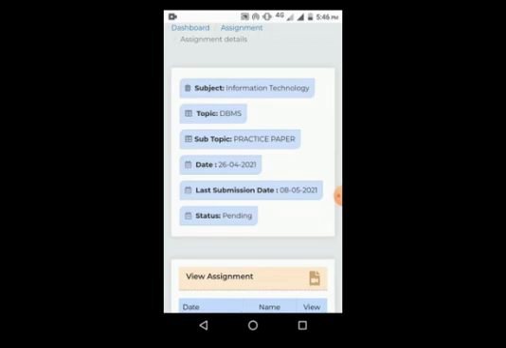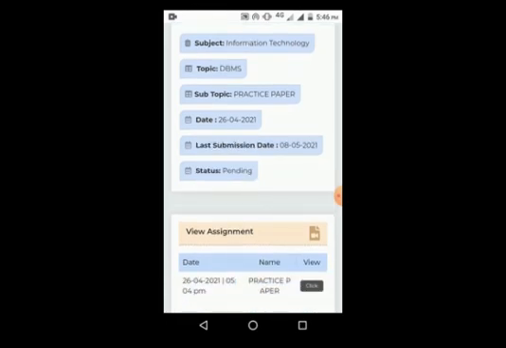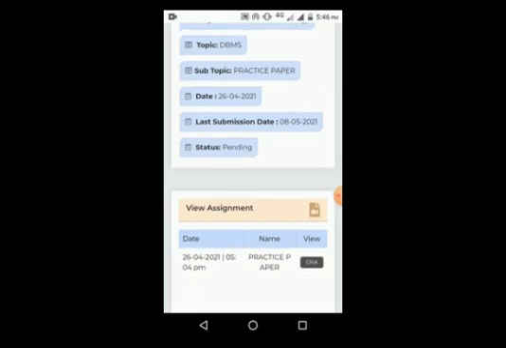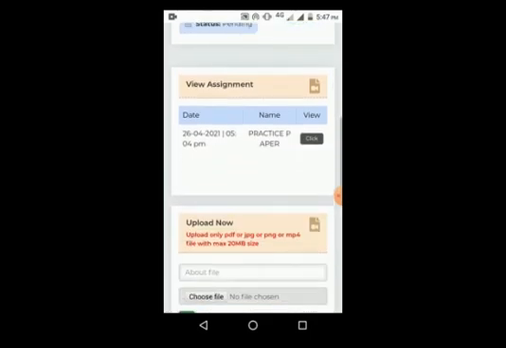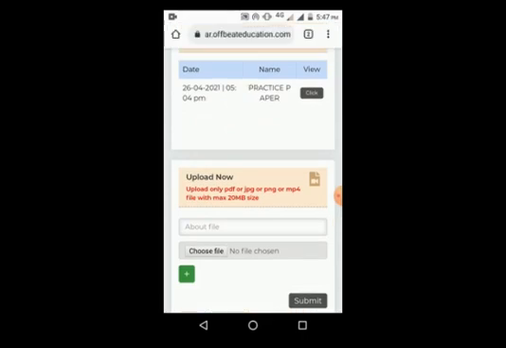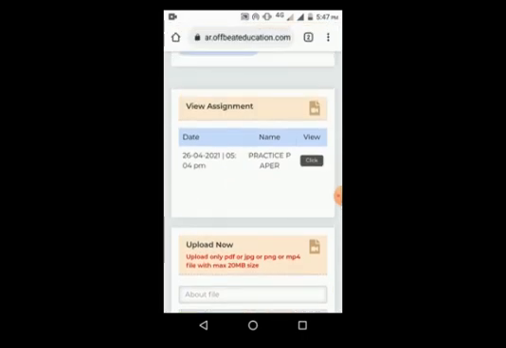Remember this thing. Now you can see that the status is pending, which means you have still not uploaded anything. You have not sent your work to your teacher, that's why the status is pending. Now how can you upload that? See, if you want to see the assignment, that is also available here.